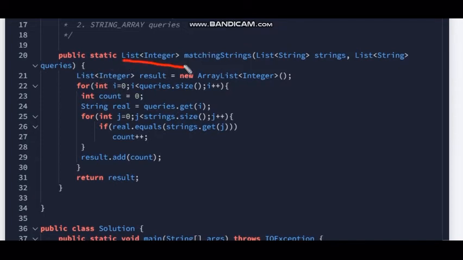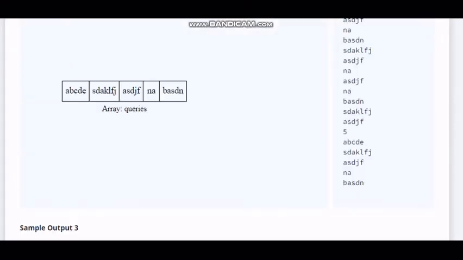Firstly, we'll create an integer list for storing the answer, the counts, let's say. And we'll be iterating through each and every element of the list linearly, and we'll be counting the number of matches each and every time. As we have seen, let me show you here.